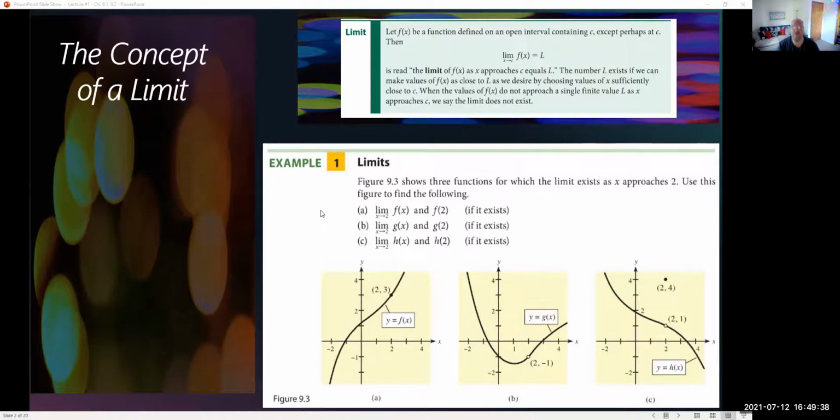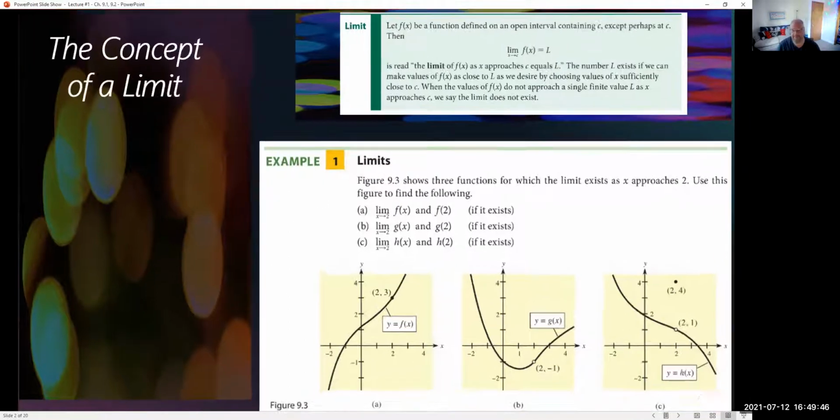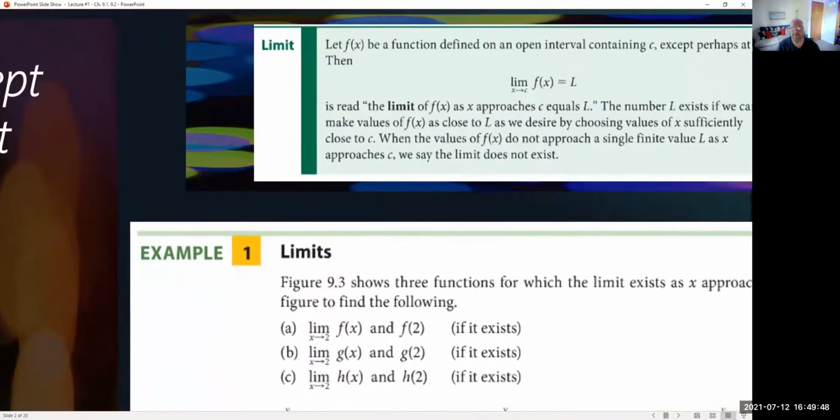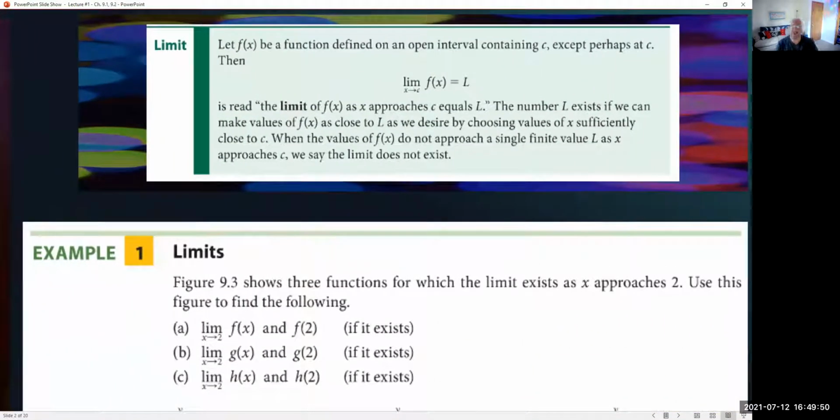I'd like to focus with you first on the definition. I'm going to ask you to look closely at it. You may not have seen before the definition of a limit, so let's take a good look at it. We have a function f of x, and we have some interesting writing, particularly right here. I'd like to focus with you on this part of the writing. If you look right here,